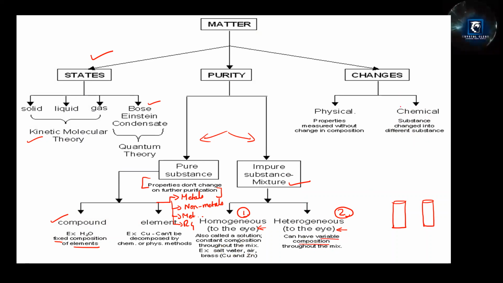Okay. And next, changes. Physical change and chemical change. This is a very much base when we are going to deal with chemical reactions. You have heard about equation, reaction, right? It all starts from here. When any substance reacts and they form a new product, we call it a chemical reaction. And basically what is happening? A chemical change is happening. Whereas in physical change, you can bring it back to the same thing.